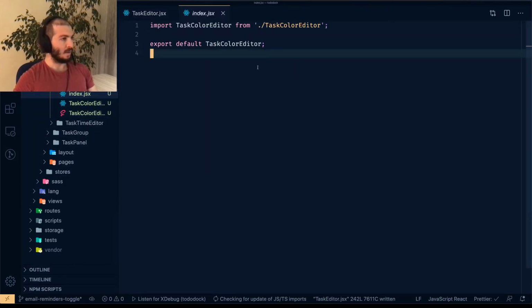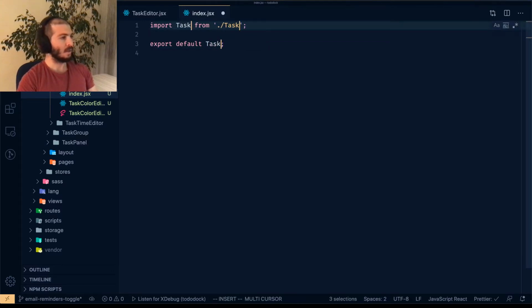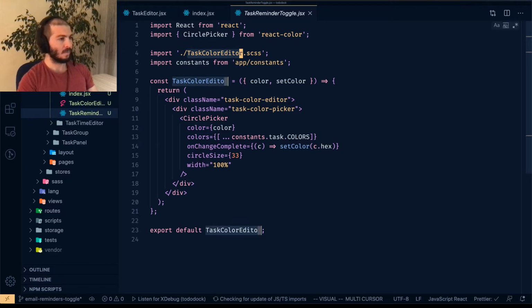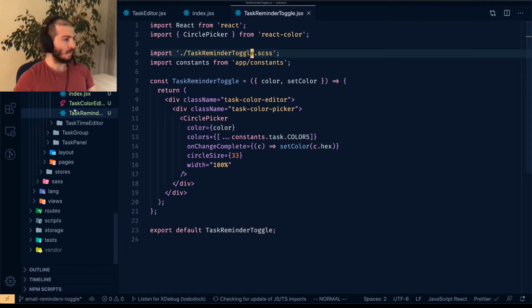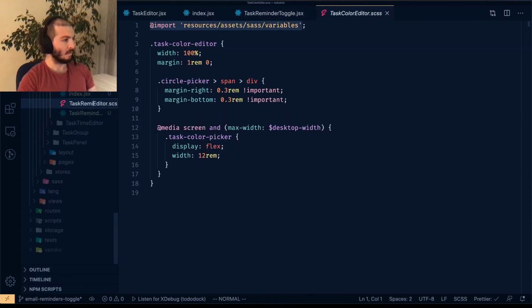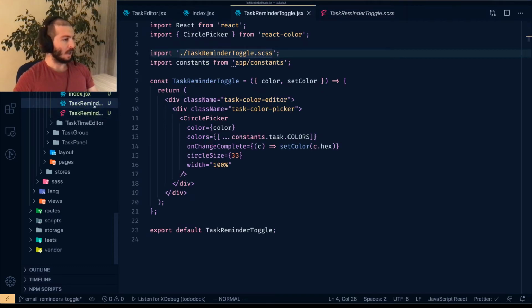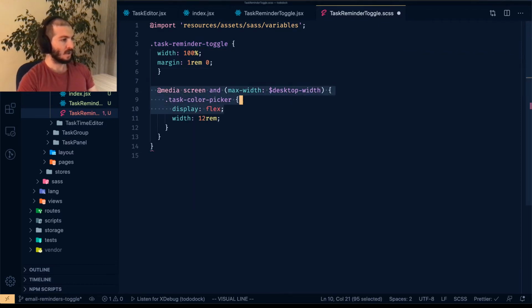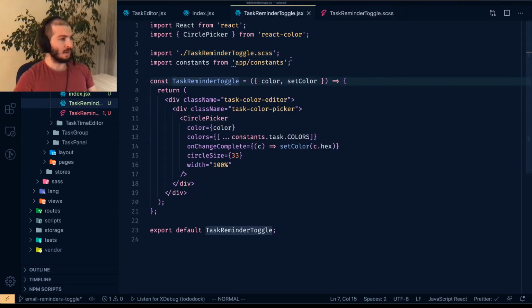And inside every file, you have to update the name as well. Task reminder toggle. I named this correctly, right? Okay. Let's rename this as well. Just get rid of those. All right, so we can start